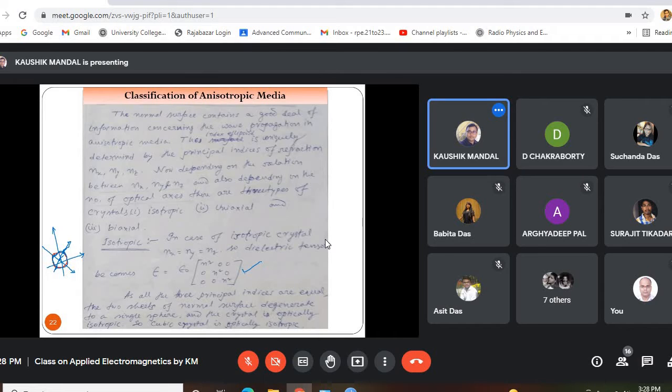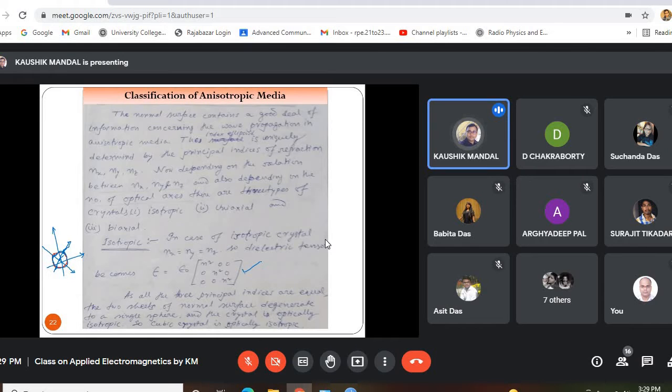Then the two shells should be spherical in nature, and they will overlap with each other. So each and every line passing through the center of the normal surface will represent an optical axis. That means there are an infinite number of optical axes. So you don't need to worry about the direction of propagation. If any light enters an isotropic crystal, it will exhibit a single phase velocity.